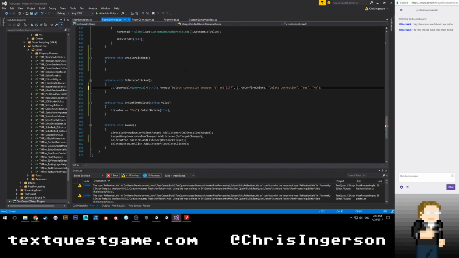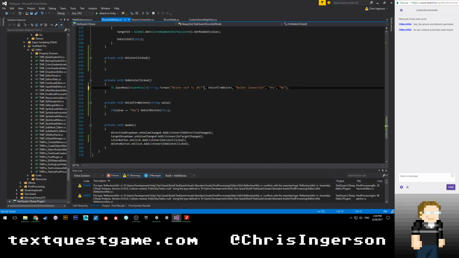Oh, no. Okay. Maybe I should just do this instead. 0. Not delete. It would actually say delete connection, or delete exit to that. And then the format that we're going to use is going to be